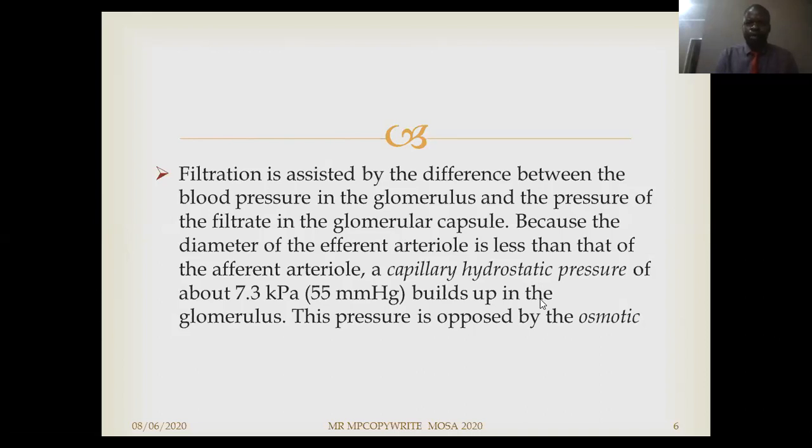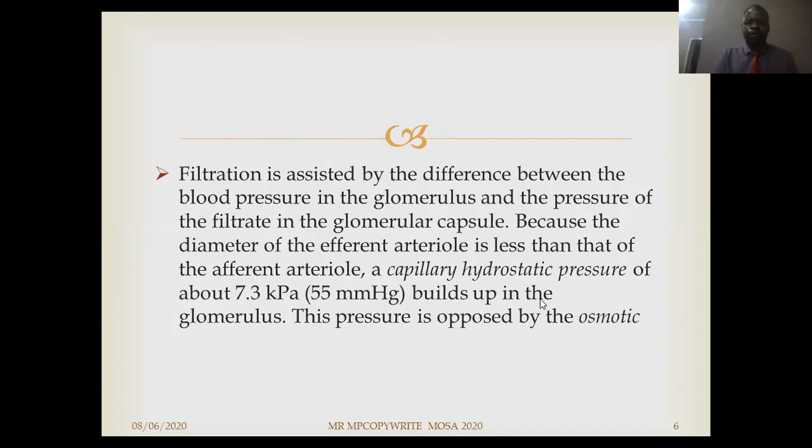A capillary hydrostatic pressure of about 7.3 kPa, that is equal to 55 millimeters of mercury, builds up in the glomerulus. This pressure is opposed by the osmotic